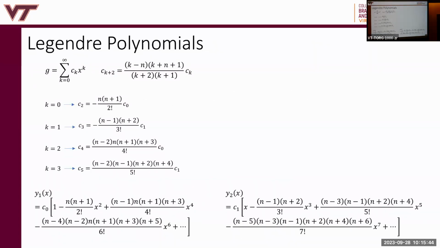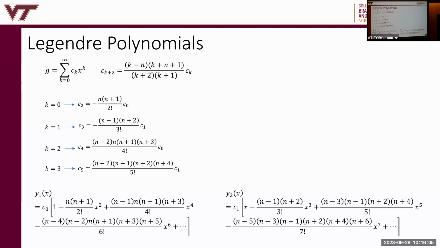So here's y. We have found what the coefficients are, c of k plus 2 if we know c k, right? So let's start solving it. If k is equal to 0, that's the first value in our expansion. We need all the coefficients in order to construct y, right? So we start with k equal to 0.